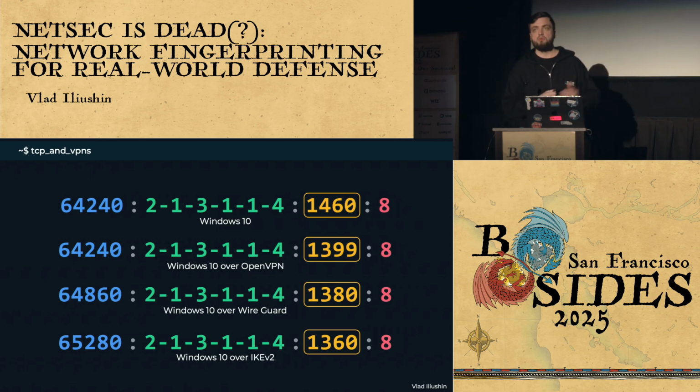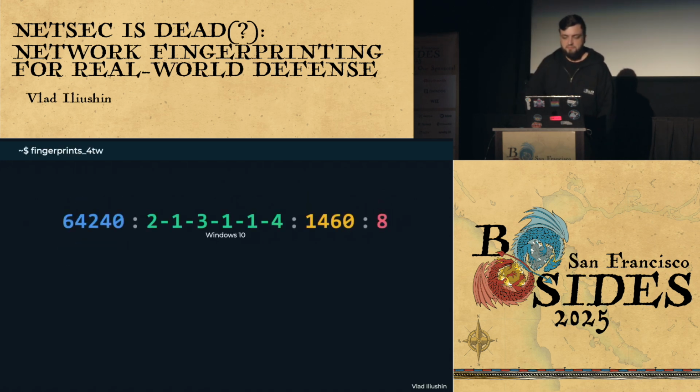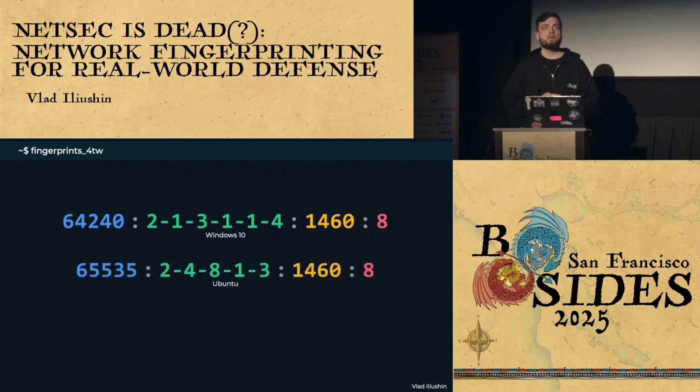And if you actually look into the window size part of the fingerprint, the very first one, you can see the Windows network stack at work, because Windows really tries to set the window size as a multiple of maximum segment size. So you can see here that it is just a multiple of this value. And finally, here it really tries to make sure that it is some nice multiple of the MSS. The reason for this is that in the RFC and in the specs, it is strongly suggested to use multiples of MSS.